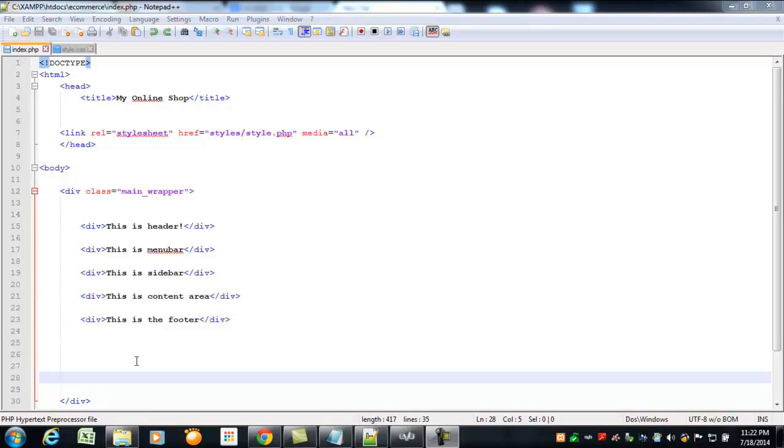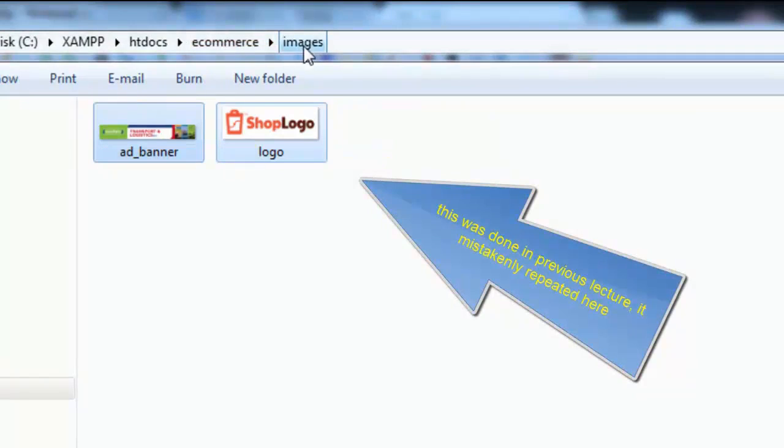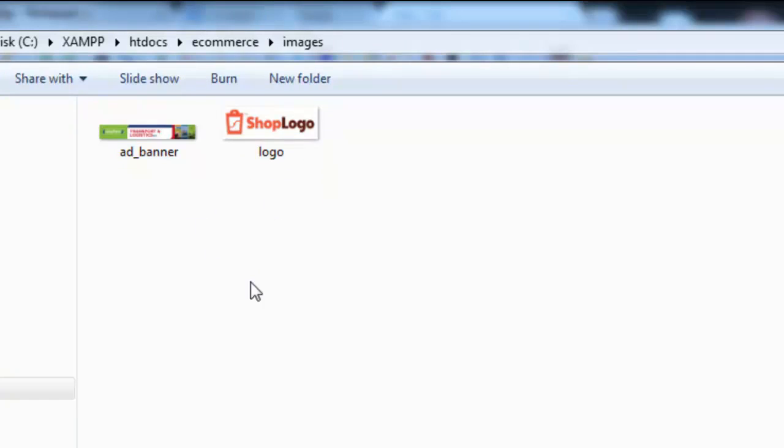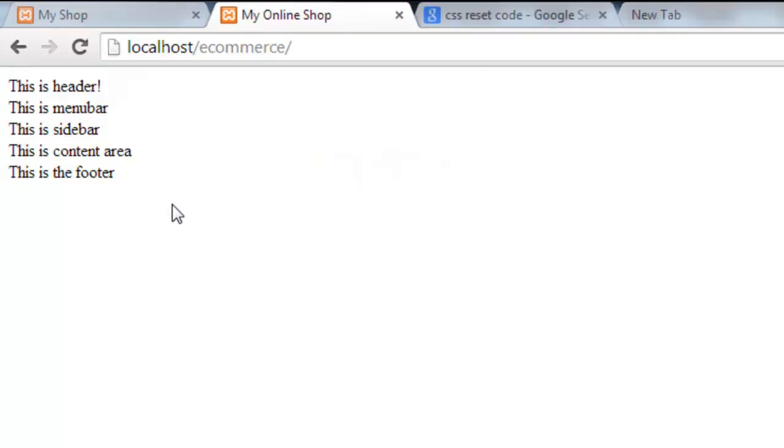While I was offline, I did one thing. I added two images to this folder. Inside the e-commerce we have a folder images. There are two images. One's name is add_banner and another is logo, which we will use in this project, and both are GIF images basically. So we can add that to this